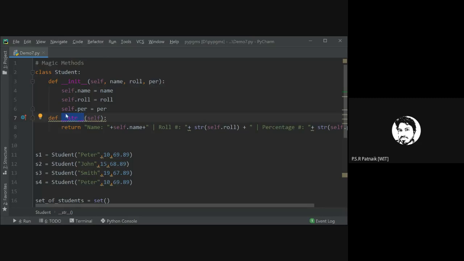This method is specifically one of the magic methods of a class. Remember, every class in Python, the moment you define a class, comes with a few built-in methods. And one such built-in method is str.